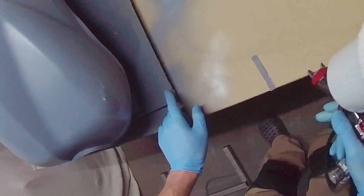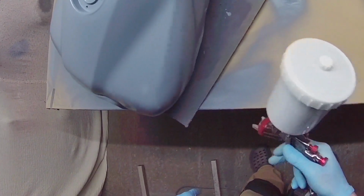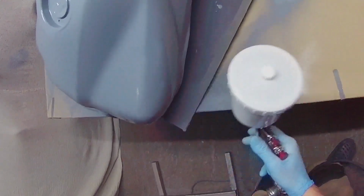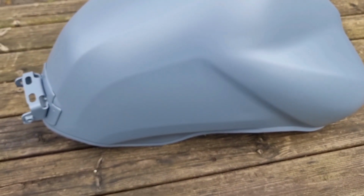So yeah, I use this for primer. I use this at 2 bar. It flows quite a lot of material, more than the 400 version would do. So I use this on 3.5 turns out, full fluid. So you turn the needle adjuster all the way in and back it off 3.5 turns, and that's what I used it at. But you'll find that it's still increasing the amount of fluid flowing through up to 5 turns out. So you know it's capable of flowing quite a lot, which I like for a primer gun,